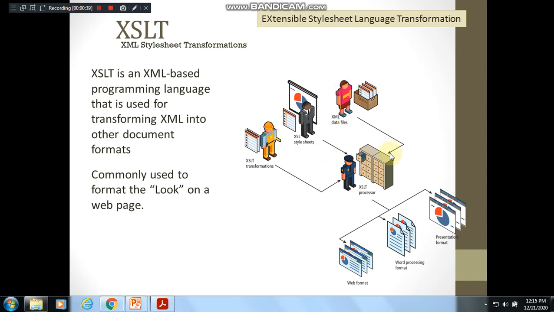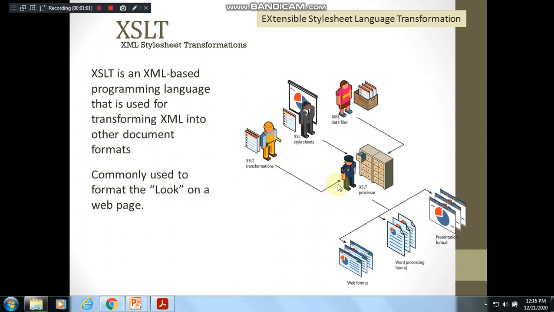So this is the diagram explaining how XSLT works. XML data files will be there. With that you will be using XSL style sheets, and you are using a methodology or a technique called transformation, which is converting actually into other document formats, right?